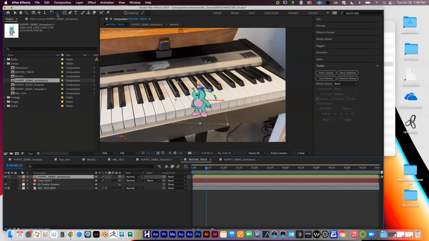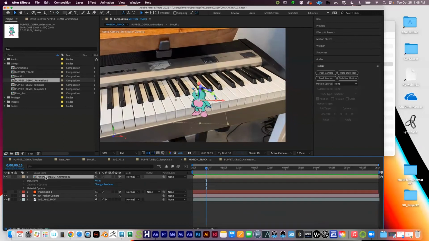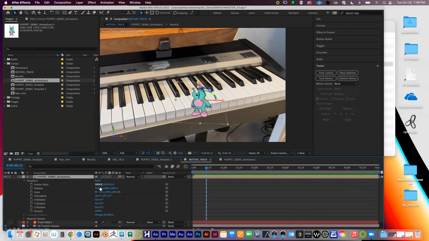So instead of pressing Y or pressing this button, which is how we've changed the anchor point in the past, we're going to change an anchor point the other way, which is if I click on my puppet pre-composition that I brought in, and then I go down to transform, and then under anchor point, which is the first option, I'm going to drag it in such a way that the character's feet drag up to the center point of